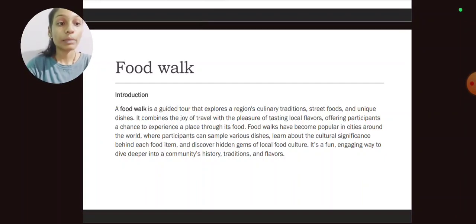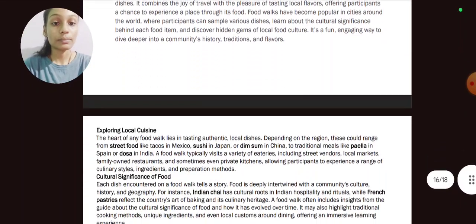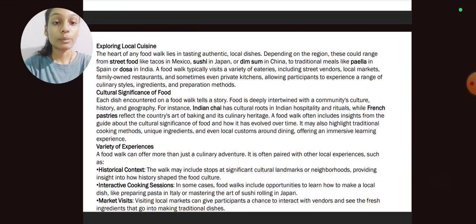Food walks have become popular in cities around the world, where participants can sample various dishes, learn about the cultural significance behind each food item, and discover hidden gems of local food culture. It's a fun, engaging way to dive deeper into a community's history, traditions, and flavors. Exploring